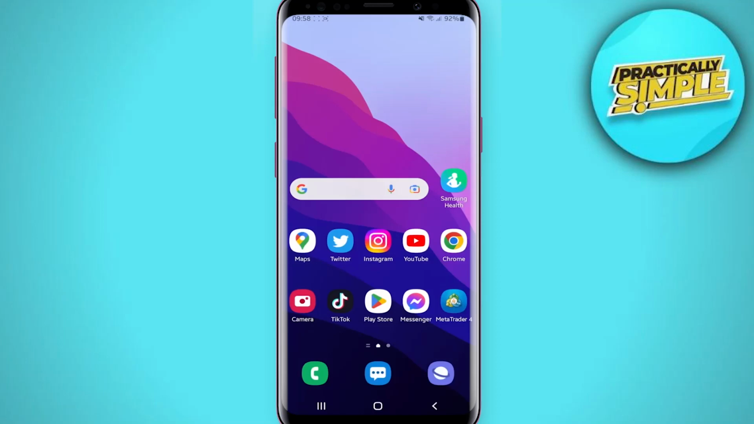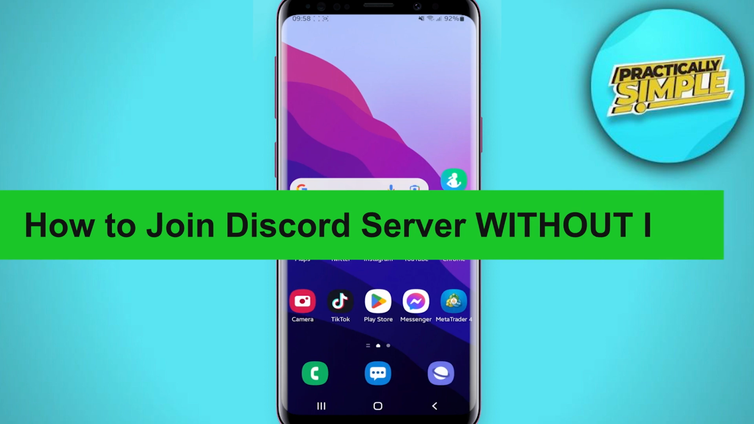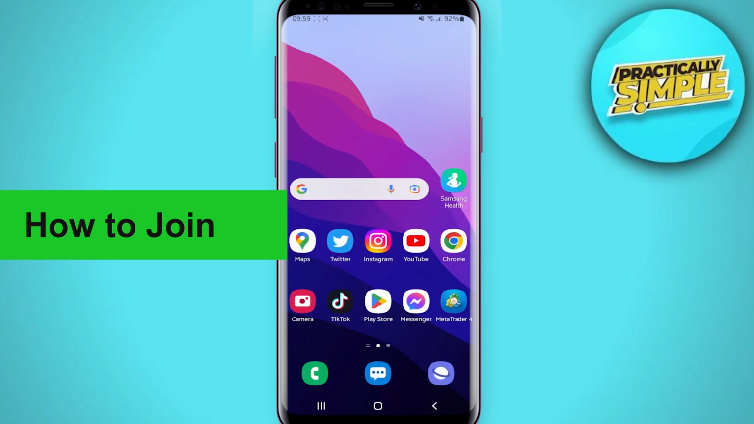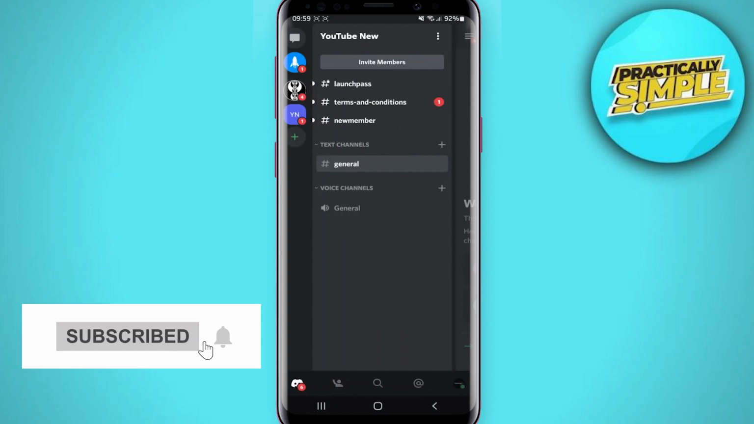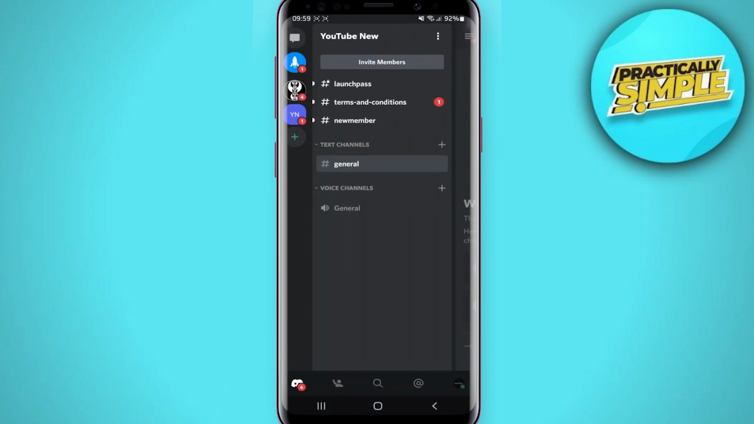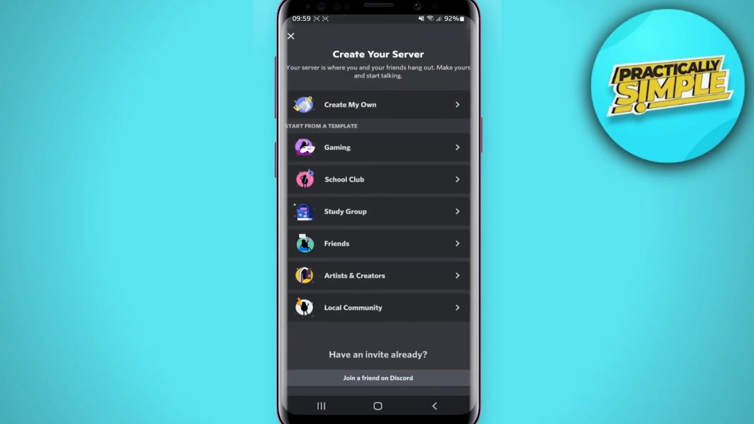In today's video, I'm going to tell you how to join a Discord server without an invite. So first of all, we have to open the Discord app. Once you open it up, here you can see on the left hand side, you will have all of the servers that you are currently in, and then you will have a little green plus icon. So click on the little green plus icon, and that will bring you to here,